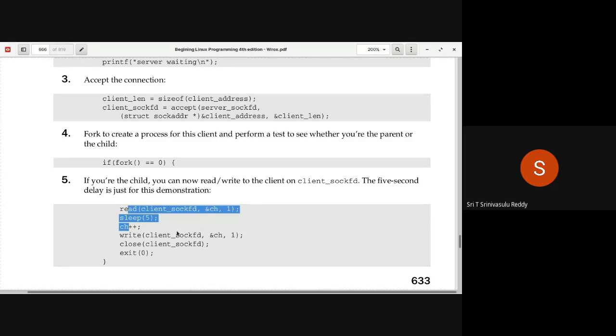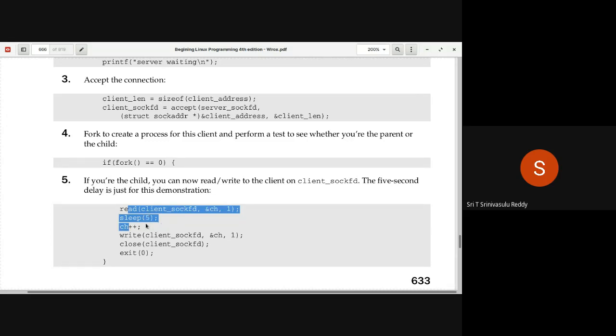So that means you are reading data sent by the client. So you are actually reading. Read of client sock FD ampersand ch1. And then you are simulating here actually, as if this might take random time. This might take more time and all that. So you are actually sleeping for 5 seconds. And then increasing the value.